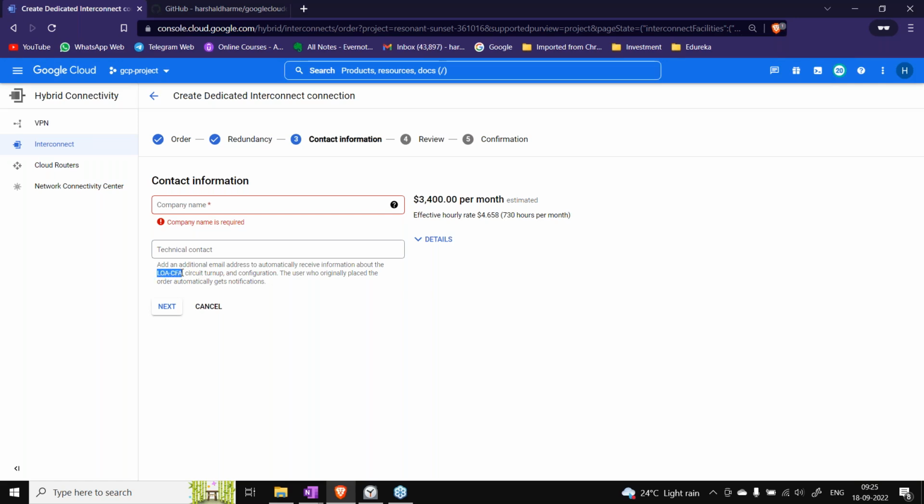This is a kind of agreement between your company and Google about this particular dedicated interconnect connection, and then they will provide you all the support end to end from Google to GCP to your on-premise. All that connectivity they will take care of from end to end. Okay, so that's all about the dedicated interconnect option.